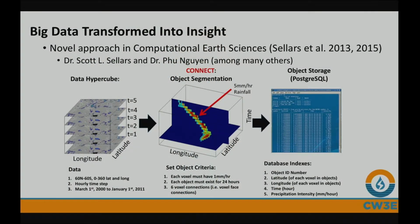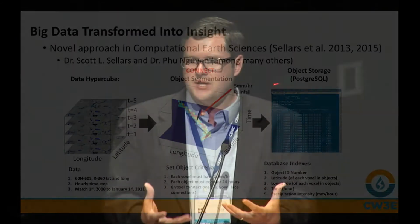And so we run a segmentation algorithm that goes in and tracks in space and time those atmospheric rivers. And once those are extracted, we want to store them into a database that we can search. Show me all of the atmospheric rivers that impacted Northern California in January over the last 10 years. And we can instantly now have a nice subset of that data to where we can then look and see,